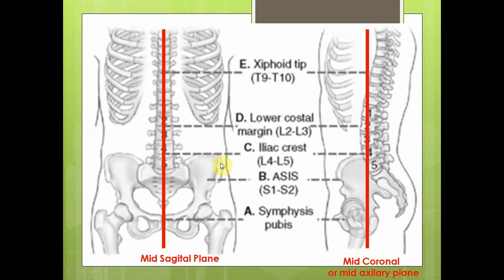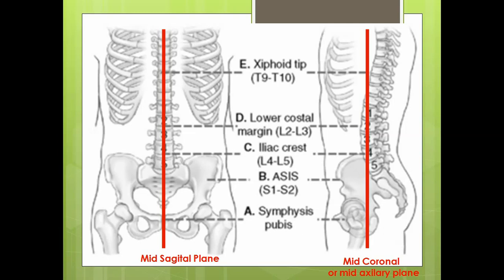Iliac crest level is usually L4, L5 level. Whichever part you go for in radiography of the abdomen, KUB, lumbar spine, pelvis, whatever, the iliac crest is one of the important landmarks. So iliac crest level comes at L4, L5. Then we come to the sternum. That is required only at some points; otherwise that landmark is usually not much necessary in the abdomen.